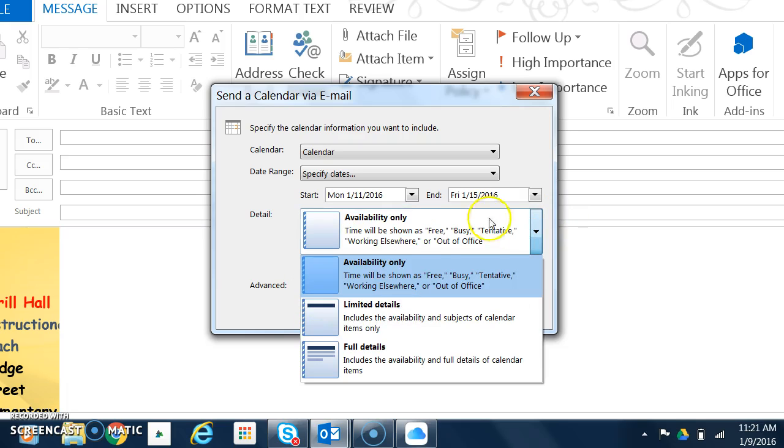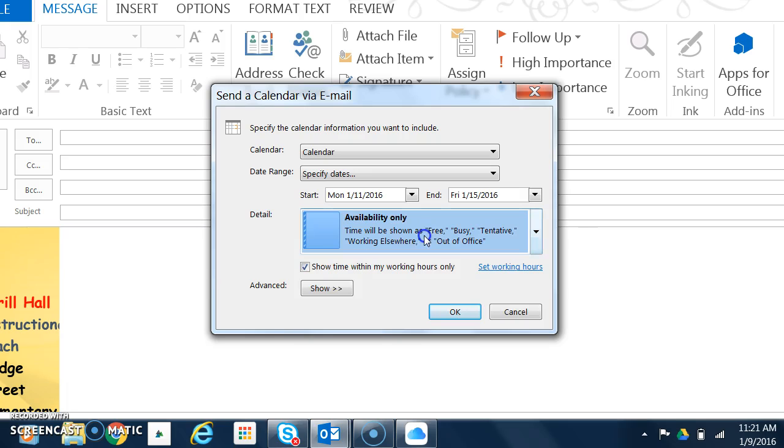You have some other choices here in which you can allow teachers to see the full details of your calendar. I give that to my principal, my admin, but otherwise when I email my calendar to teachers, they don't want to see all that other junk, so they just want to see when my availability is. So I'm going to hit OK,